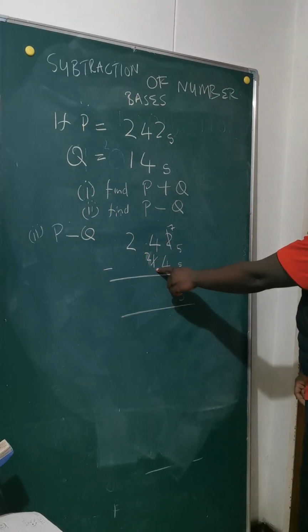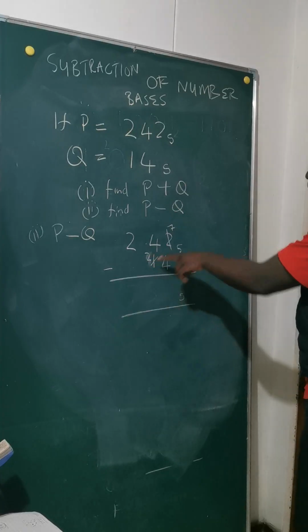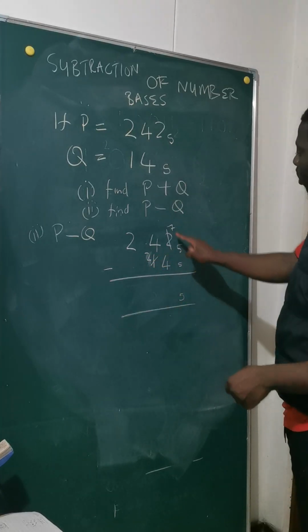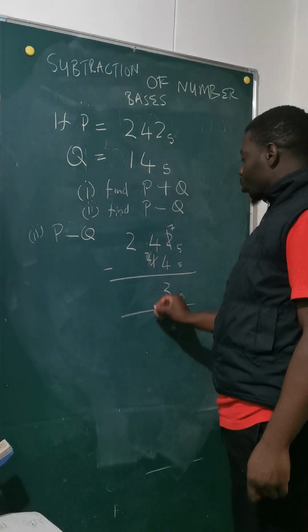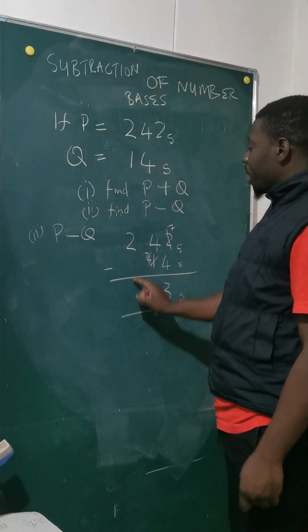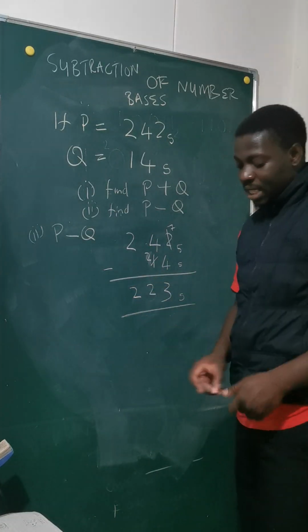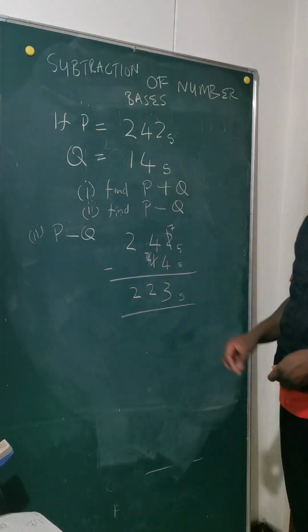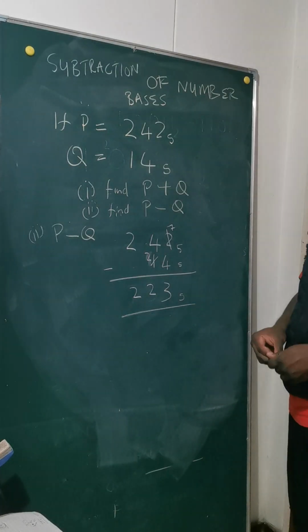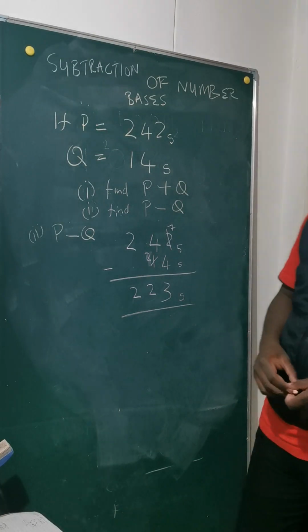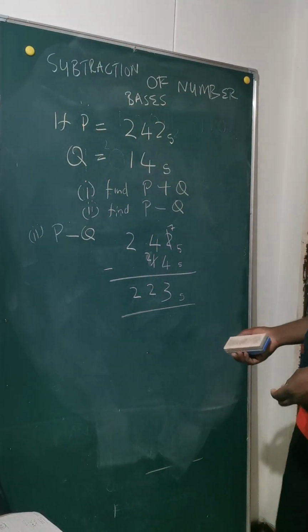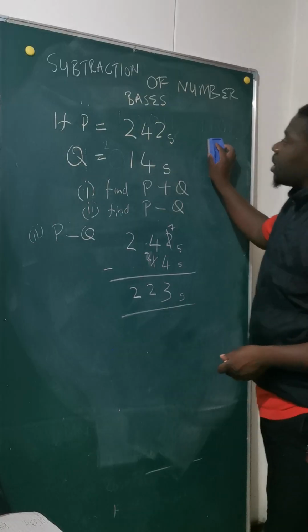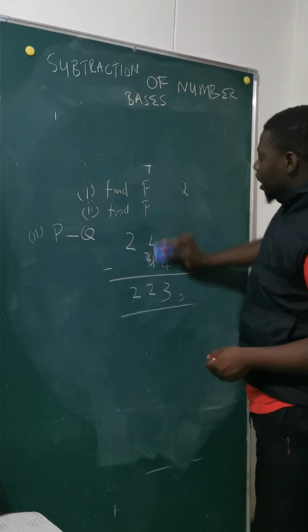Here there was 1, and 1 plus 1 becomes 2 because we brought down 1, right? So we say 7 minus 4, we get a 3. Then 4 minus 2, we get a 2. Then 2 minus 0, we get a 2. So our answer is 2, 2, 3 in base 5. So we have talked about the addition of number bases. We have talked about the multiplication